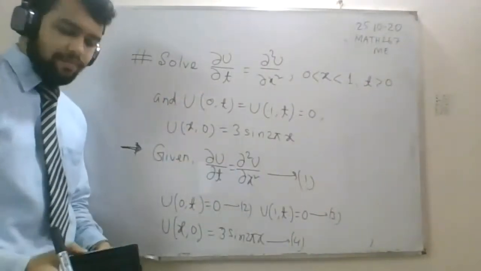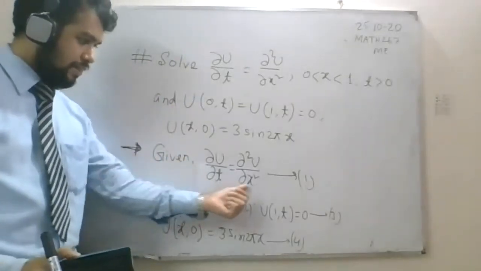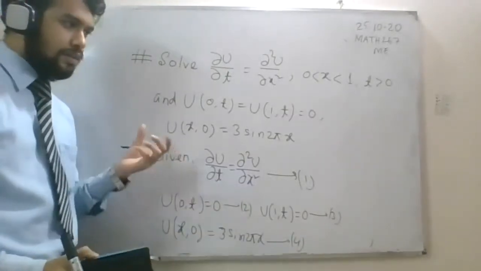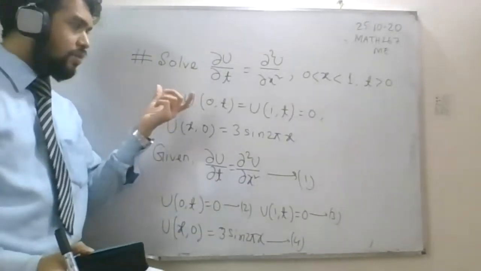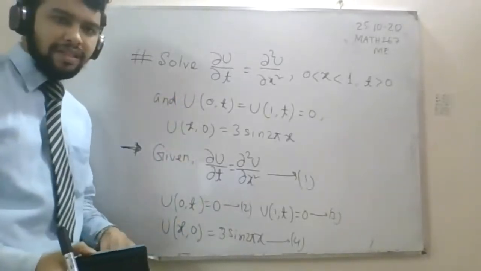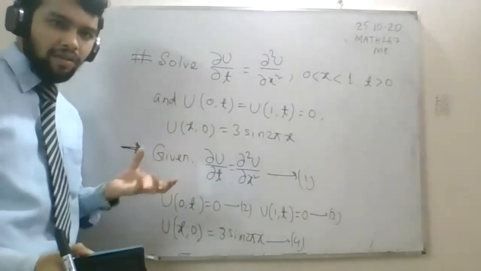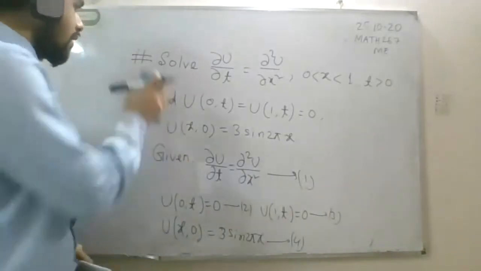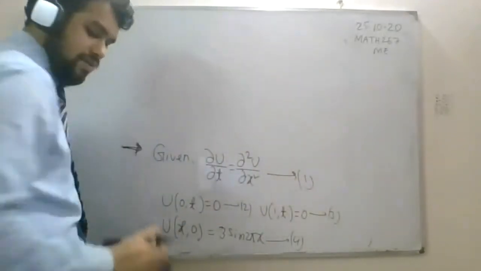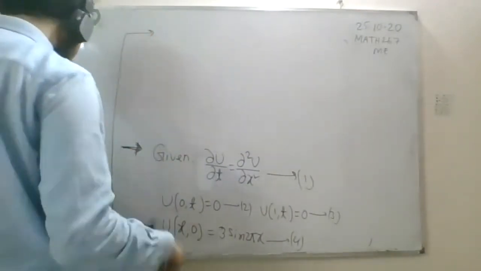You have to let u(x, t). Here the independent variables are t and x. So you have to let the function u be a function of x and t. Okay. So u(x, t) equals X into T(t). Product method or separable variable method. So at first we need to consider